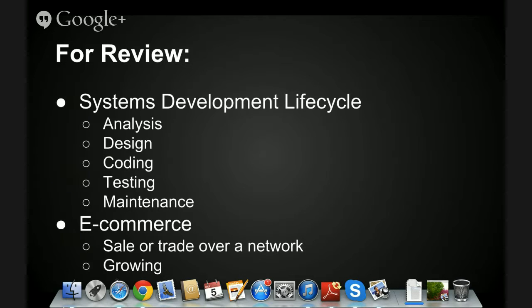So just for review, the systems development lifecycle is made up of 5 basic components: analysis, design, coding, testing, and maintenance. E-commerce is a sale or trade made over a network and is continually growing and is expected to grow greatly in the future. Hopefully you have learned a little bit about